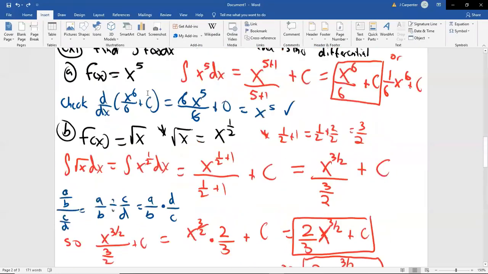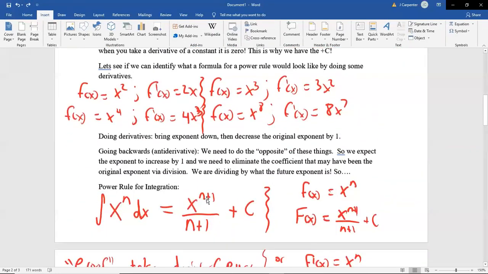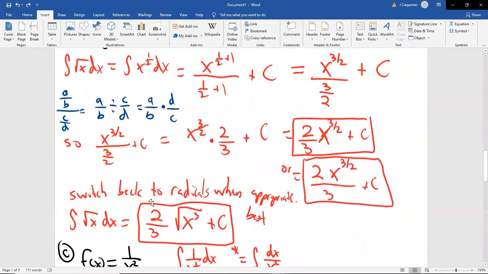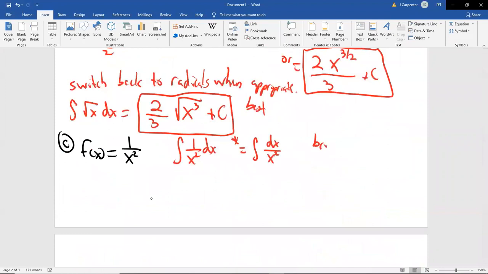All right, well, we know our power rule. Power rule says add 1 to the exponent and divide by the same value. But here's the thing. Look where that x is. It's not in a denominator. It's in a top. We had the same issue with regular derivatives back in weeks ago. So when the variables were in the bottom, we had to bring them to the top. Guess what we're going to have to do here? You're going to have to bring the variables to the top. So this x squared, when you bring it to the top, you change the sign of the exponent.